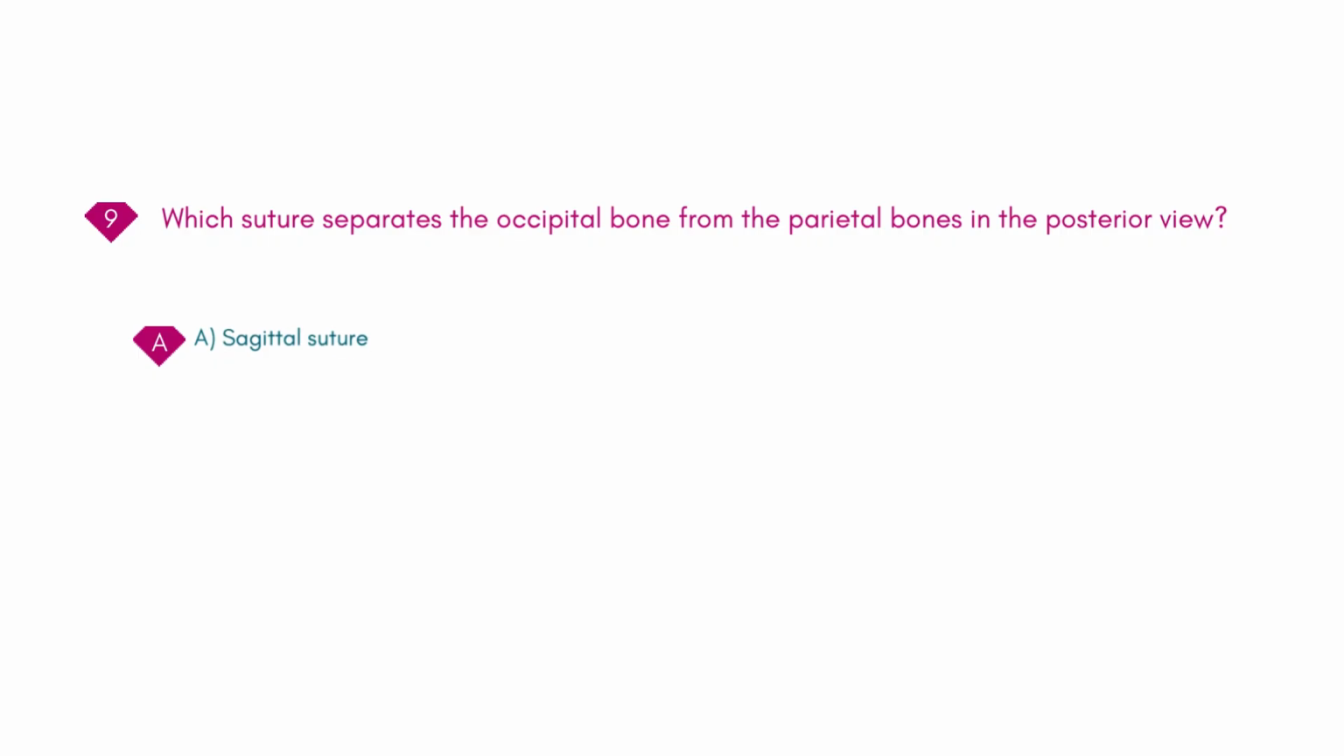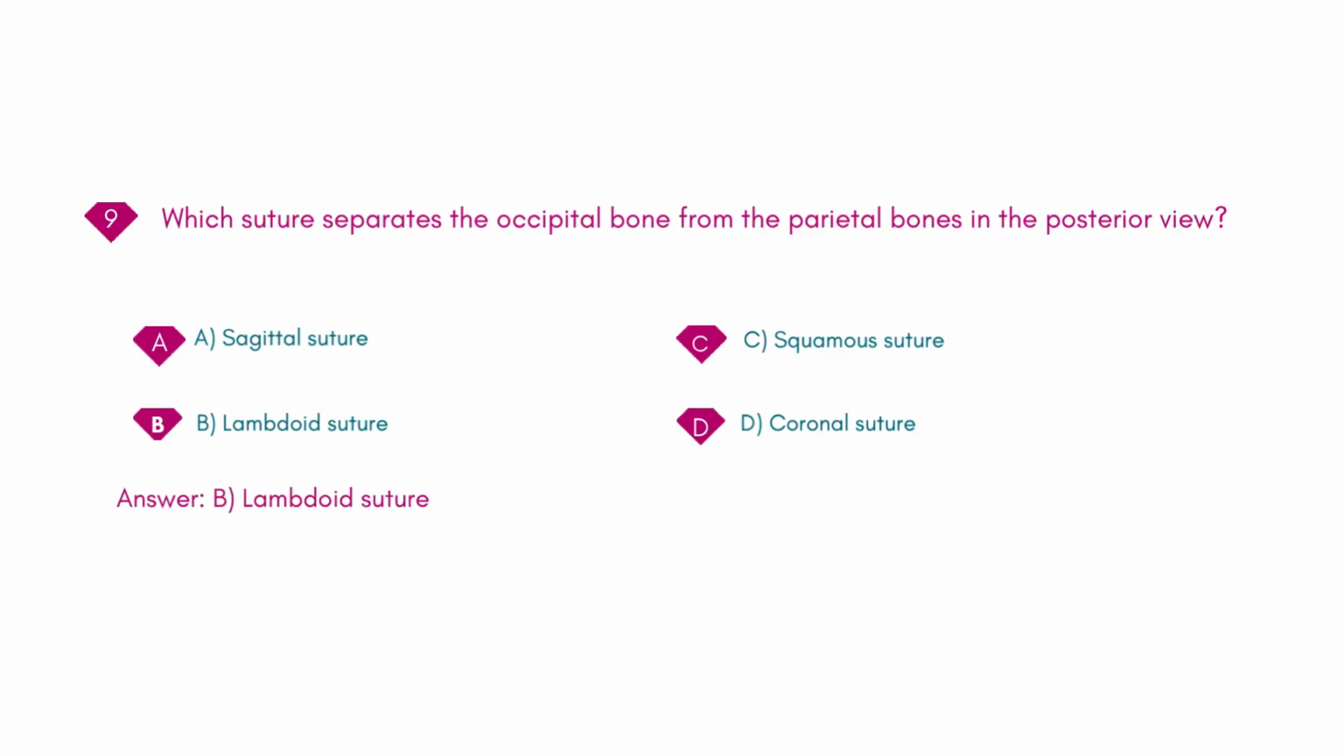A. Sagittal suture. B. Lambdoid suture. C. Squamous suture. D. Coronal suture. Answer: B. Lambdoid suture. Which of the following bones is visible in the posterior view of the skull at the